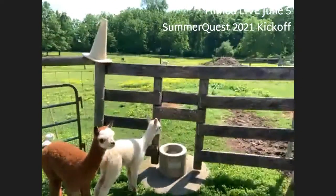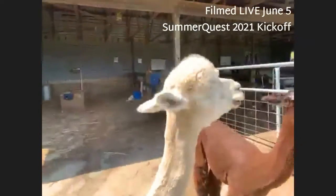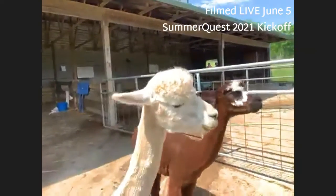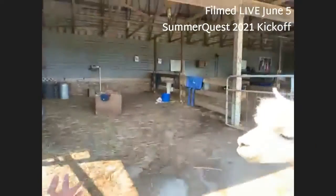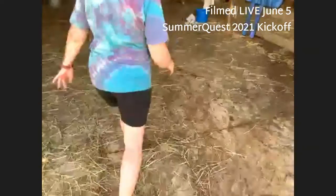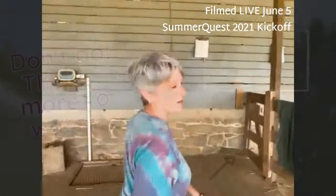Well, I'm sure you guys would like to look at the babies all day, but we got to go back out so we can get you some more pictures and tell you more about these alpacas. So we're going to try to get through this barn without tripping over an alpaca or a hay bale or something like that. Alpacas do not mind the winter because